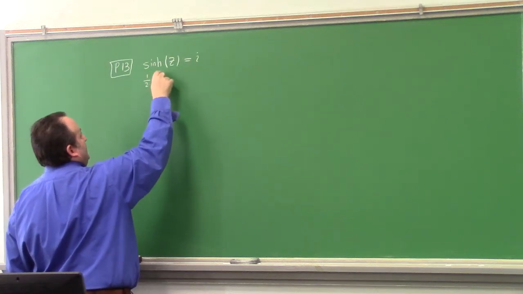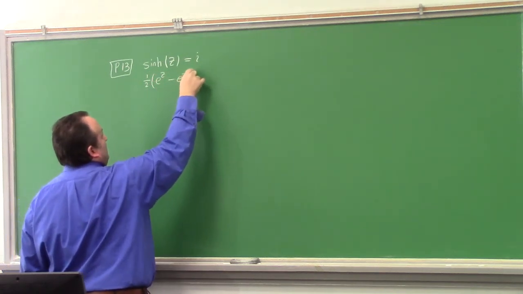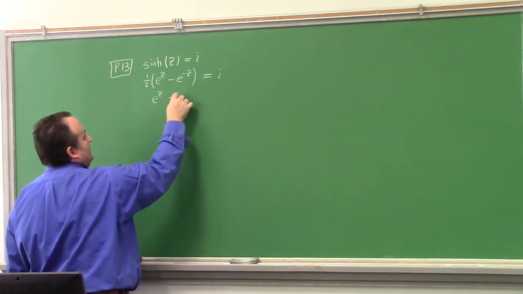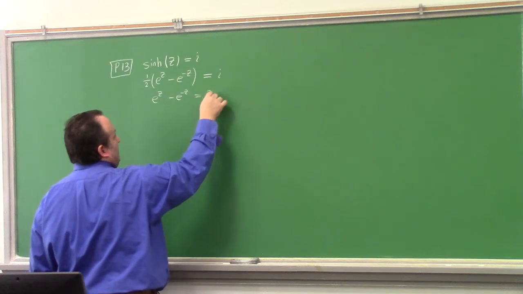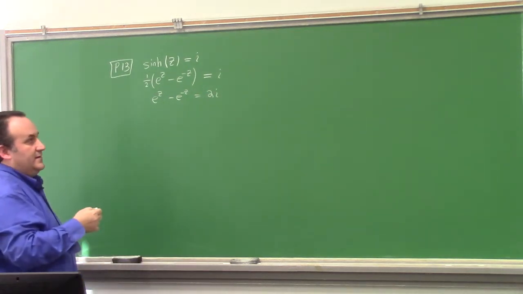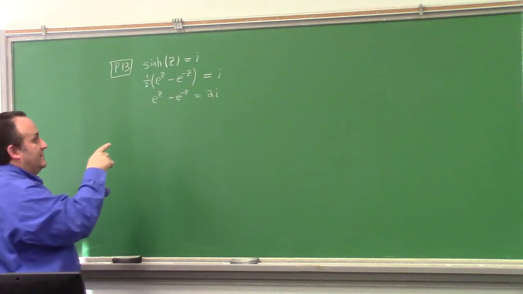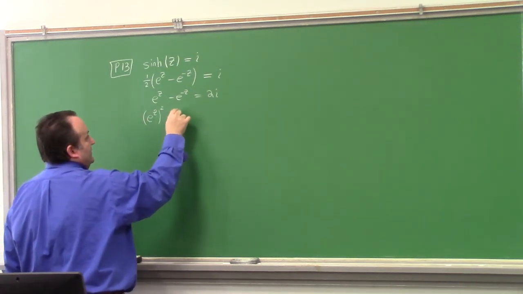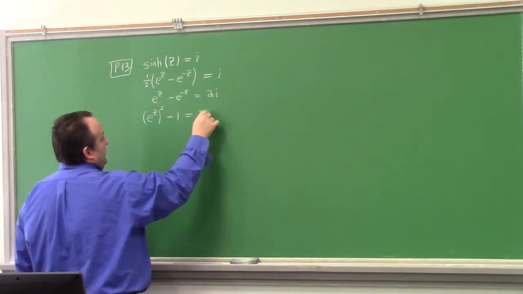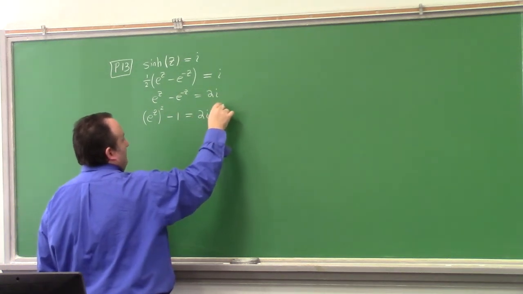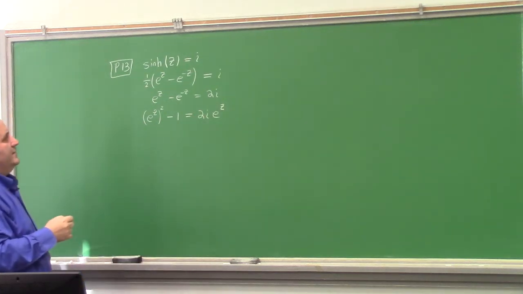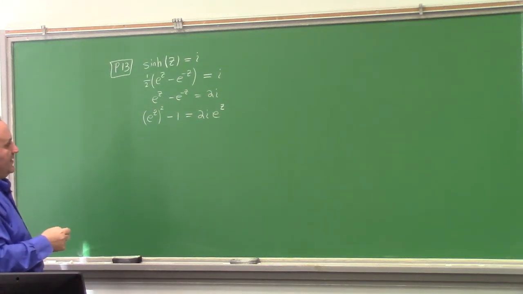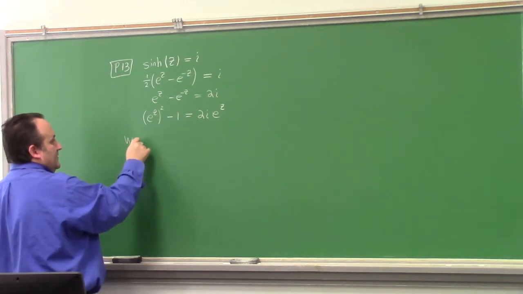But this is 1/2 e to the z minus e to the minus z equal to i, right? Which is e to the z minus e to the minus z equal to 2i, right? And then if you multiply this by e to the z, what do you get? You get e to the z squared minus 1 equals 2i e to the z, right? Oh, is there 1 there? Yeah. Great. So if we let w equal e to the z,